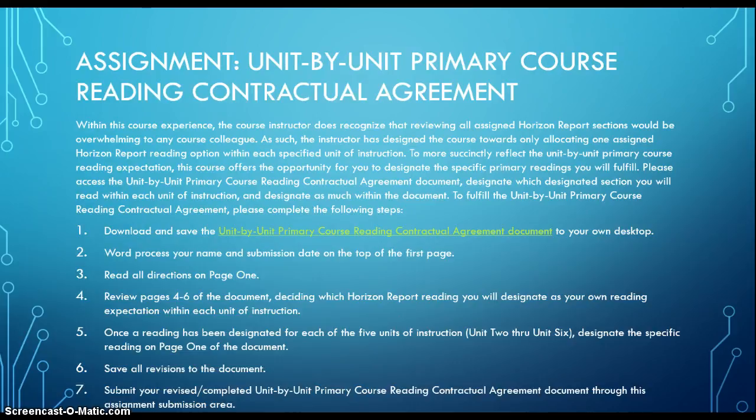So within this unit assignment, our unit-by-unit primary course reading contractual agreement, what I had mentioned before with the Horizon reports, you will be reviewing the Horizon reports and looking at the table of contents and what's involved in each of the different unit-by-unit assignments. This specific assignment, before we get into our real units of instruction readings that are focused upon the Horizon reports, is the contractual agreement wherein you're reviewing each of the Horizon reports